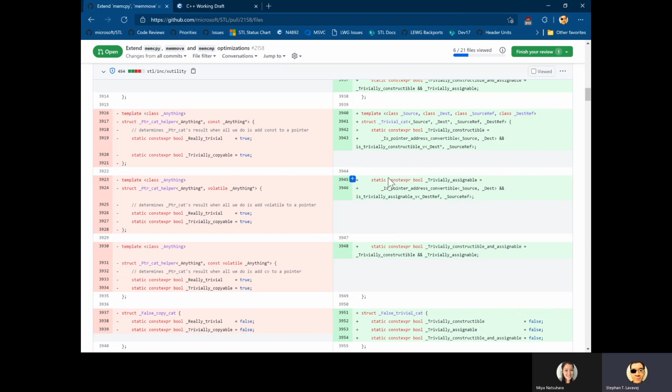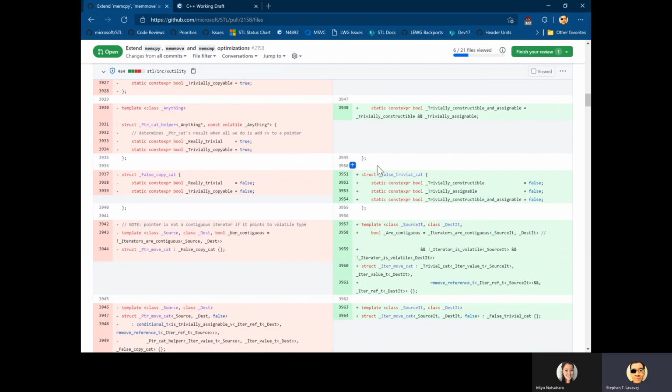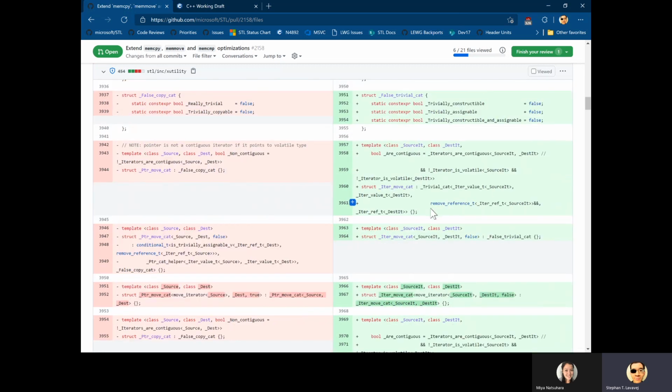This begins by asking, is pointer address convertible? The pointed to source and dest, same as before. And then is trivially assignable. Here we're not constructing a fresh dest star. We're going to assign to an existing dest ref. So if that assignment is trivial, this looks right. And then trivially constructible and assignable, yeah, both constructible and assignable. Okay, no copy paste. If we ever need to immediately answer false, then this provides 3 static context bools. Not eligible. That's the same order as before. Good. Okay, so now